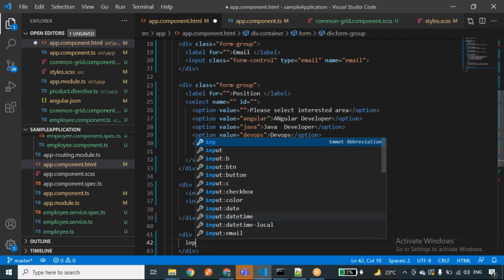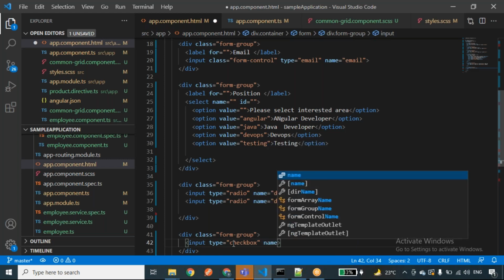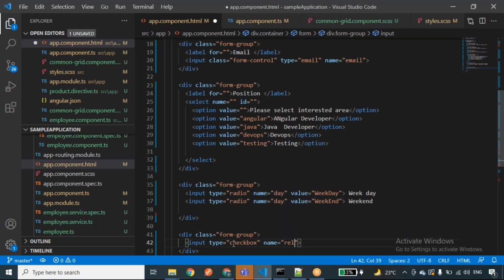So I'll take its input type as a checkbox. Name will be relocate. I'll give its value as, are you ready to relocate to HYD?